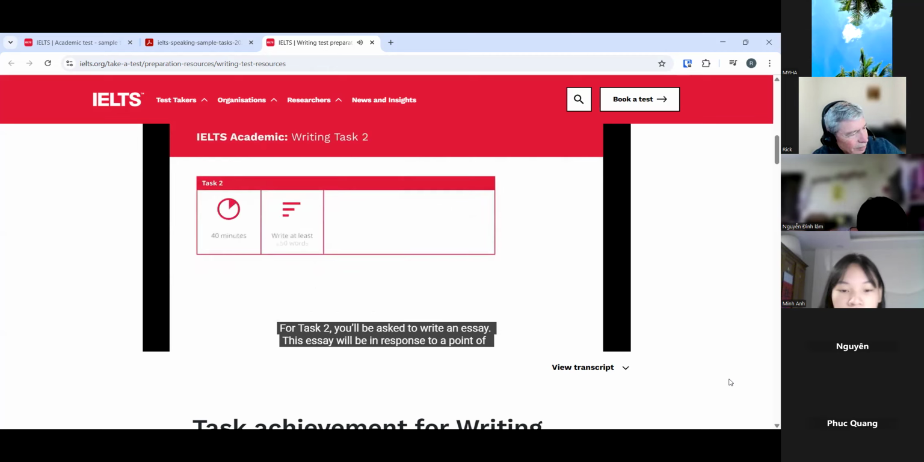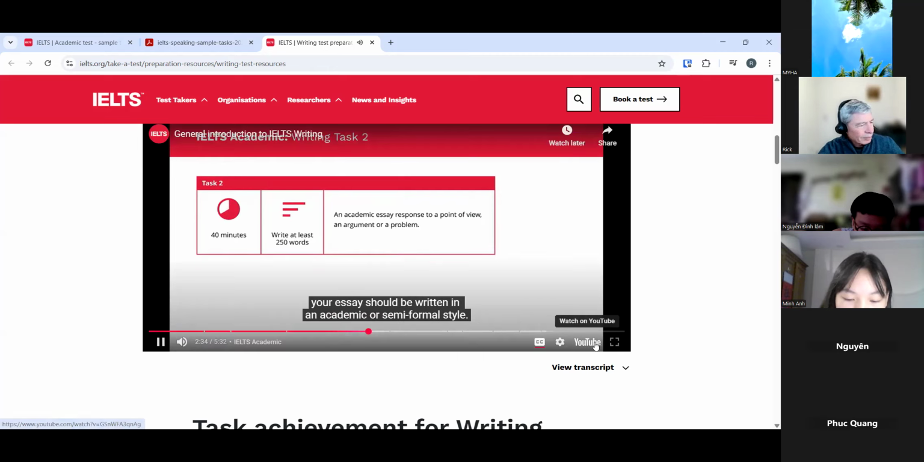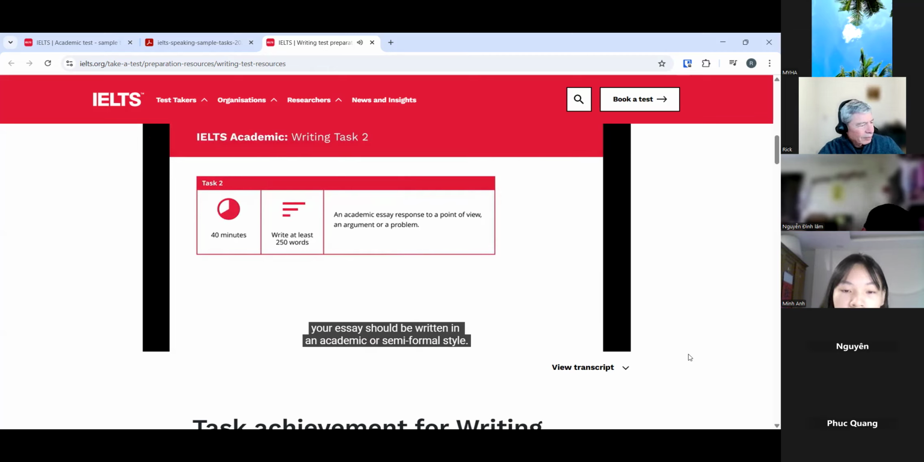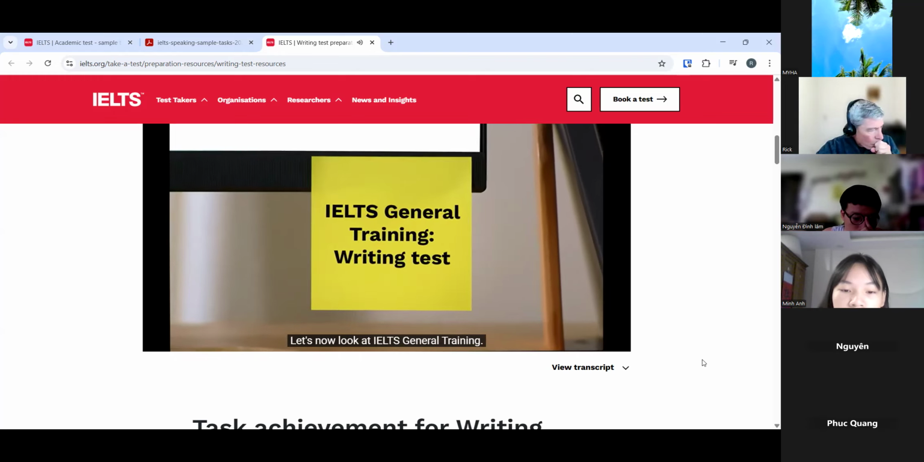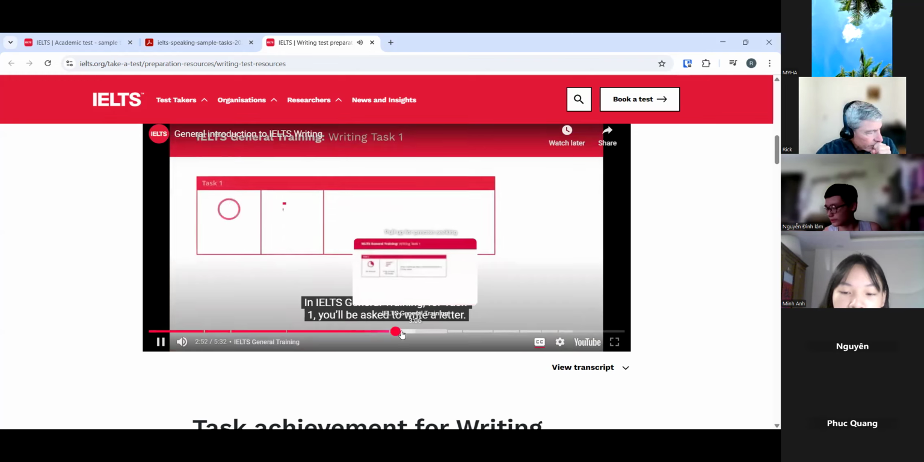For Task 2, you will be asked to write an essay. This essay will be in response to a point of view, an argument, or a problem. In IELTS Academic, your essay should be written in an academic or semi-formal style. You don't need to have specialist knowledge to answer this question. You can support your point of view with relevant examples from your own knowledge or experience. Let's now look at IELTS General Training. In IELTS General Training,